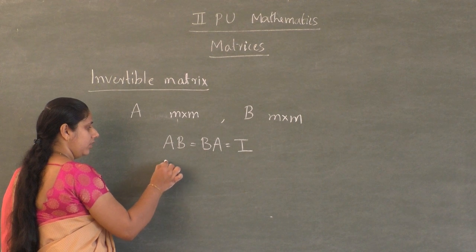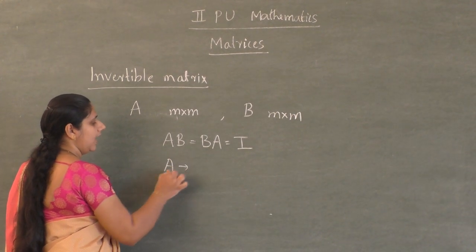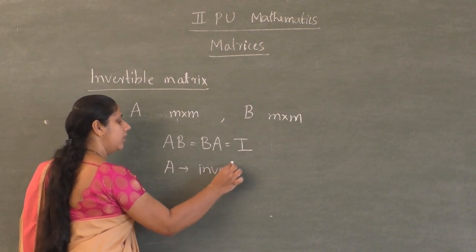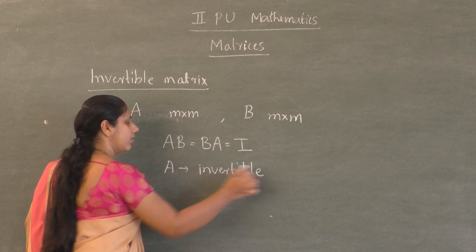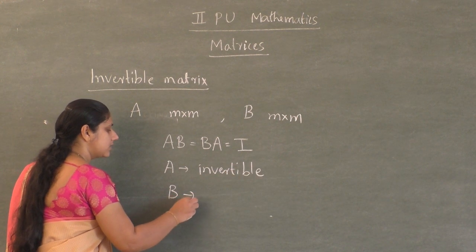Then matrix A is said to be invertible and matrix B is called as